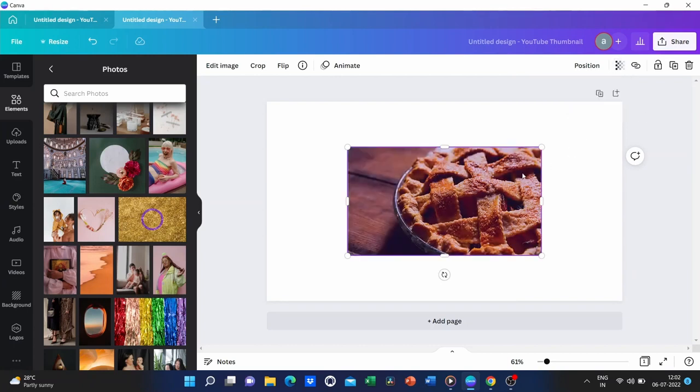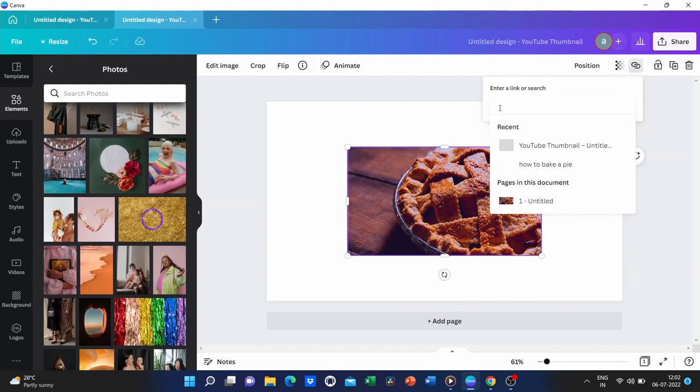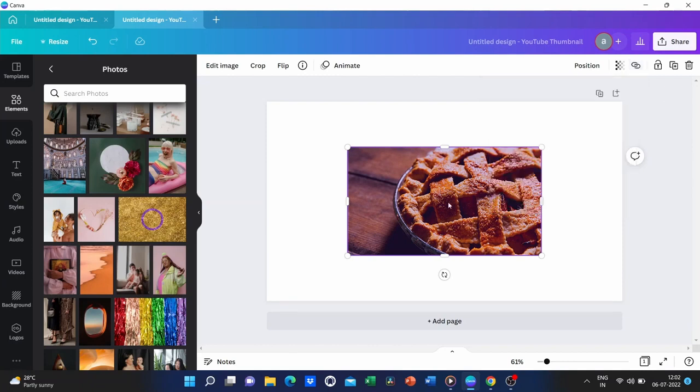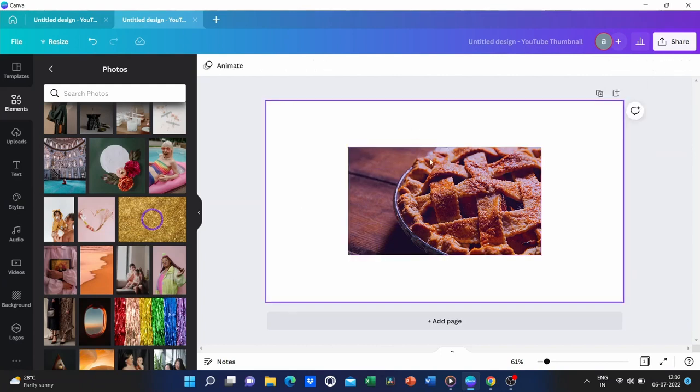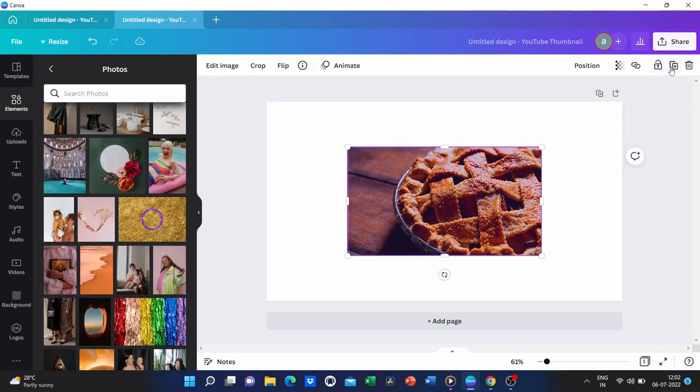You can also go ahead here and link the image to any external links if you're making a PDF or brochure or resume. And then, you also have the option to lock an image. So what locking does is that once you're done with editing an image and you don't want to accidentally click on it, you can lock it. Finally, if you want to delete it, you can press the delete button.